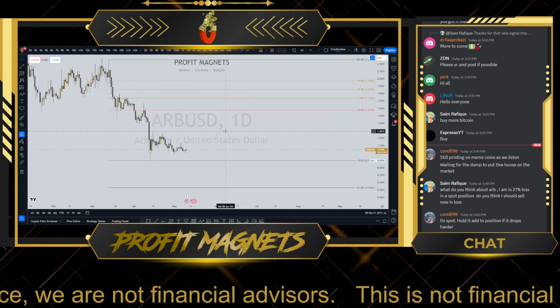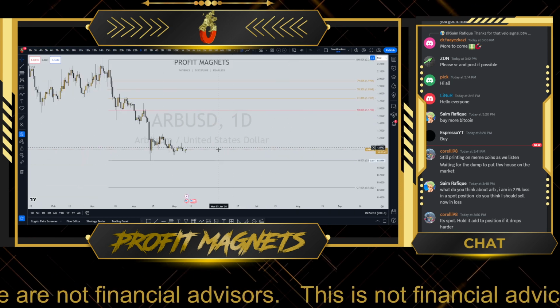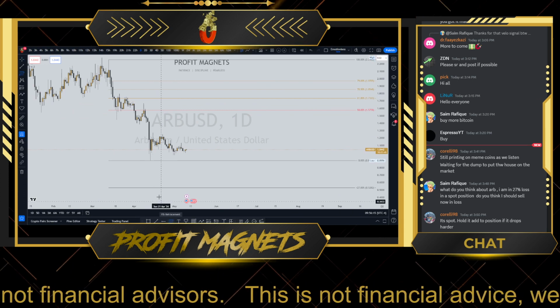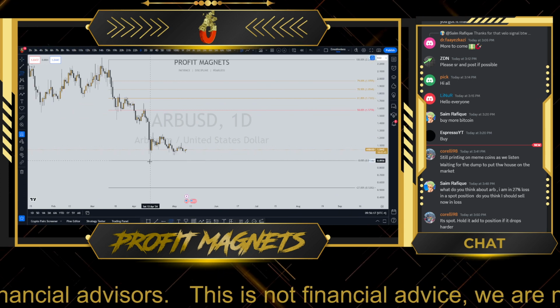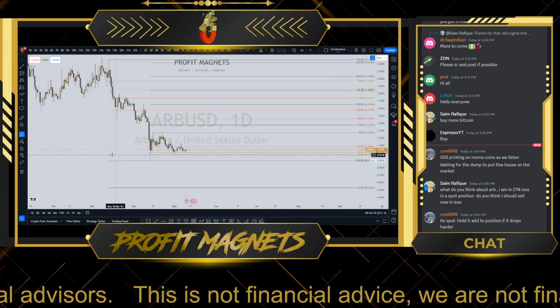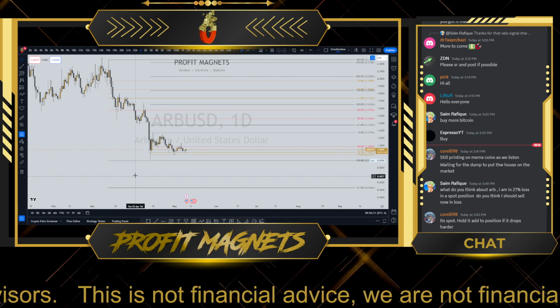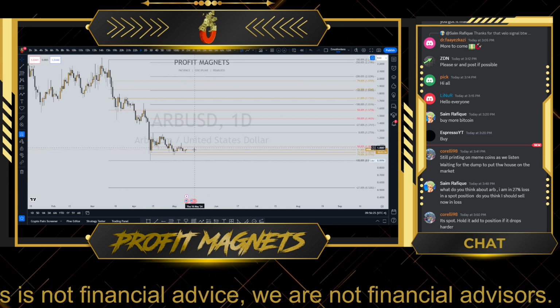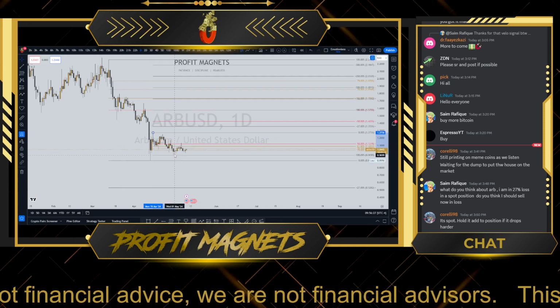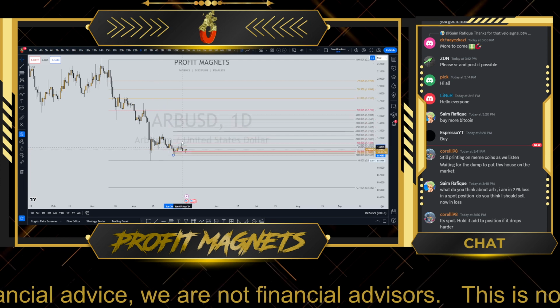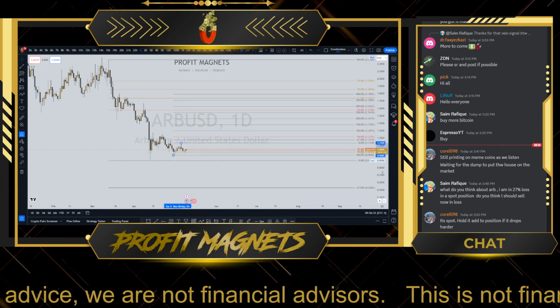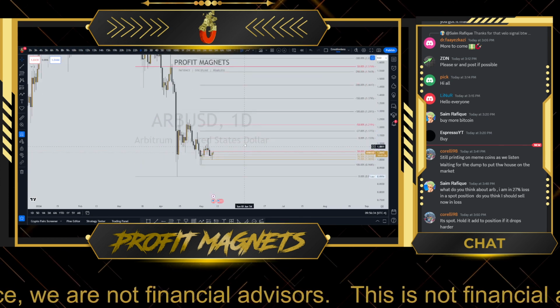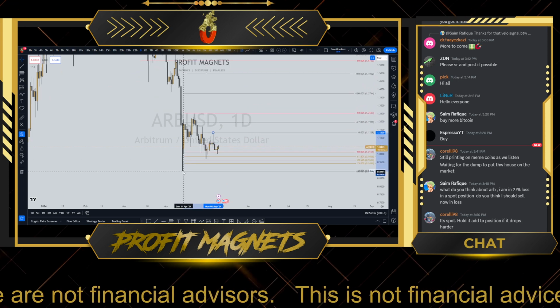Now, I'm not really a fan of the structure by any means, but supposedly, let's assume that we found the bottom here, okay? And that's a big if. What do you see? We now have a bullish Fibonacci. We have retested the golden pocket, and we also have a miniature formation starting from this range right here. You can also see that we have already hit the golden pocket of this minimal range as well.